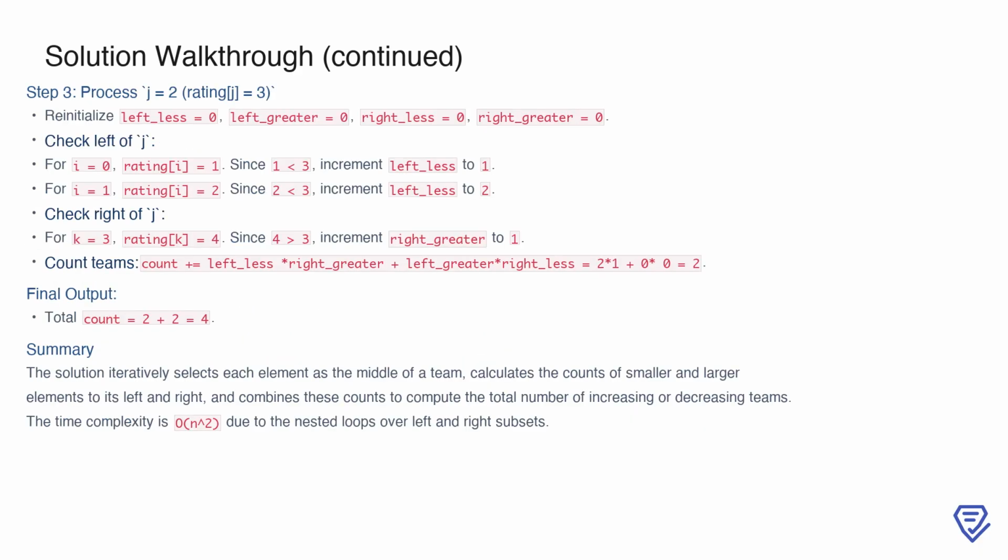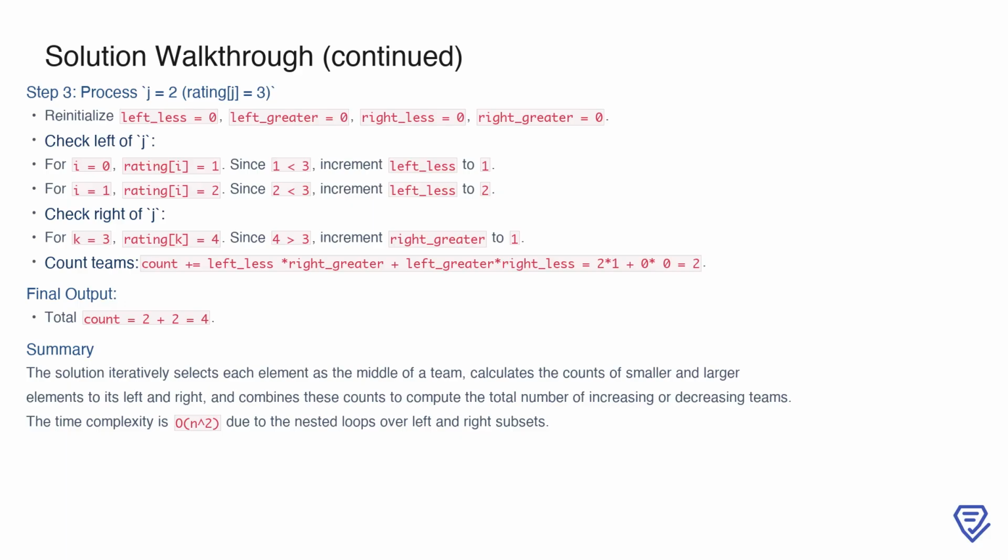Finally, we process j equals 2, where the middle element is rating 2 equals 3. After resetting the counters, we look to the left and find rating 0 equals 1 and rating 1 equals 2, both of which are less than 3. This makes left_less equals 2. On the right, there's only one element, rating 3 equals 4, which is greater than 3, so right_greater